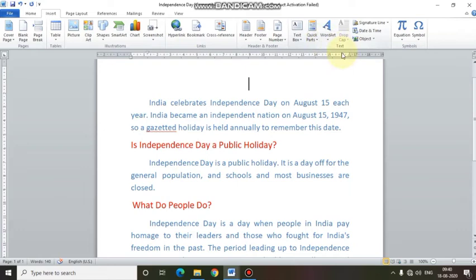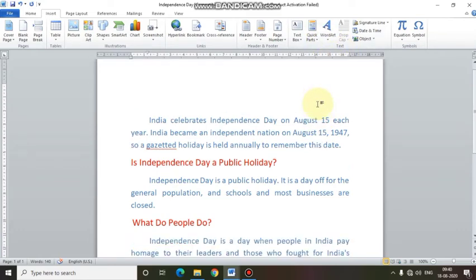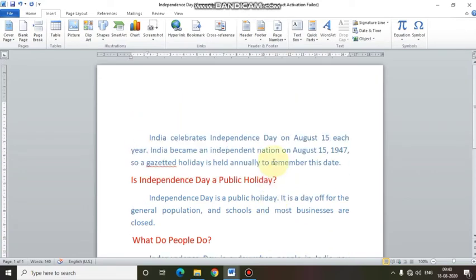In the text group. So students, before inserting word art, you must click on the space where you want to insert it. Like this is an article on Independence Day and I want to insert a heading of Independence Day at the top of the document. So I will bring the cursor here, that is insertion point. This small blinking line, I will bring it here at the top of the document so that our word art appears here. Now click on the word art.